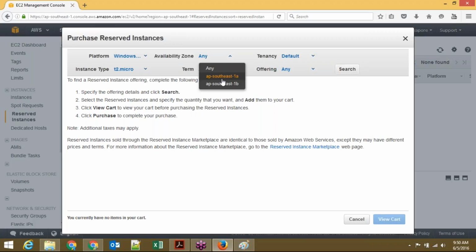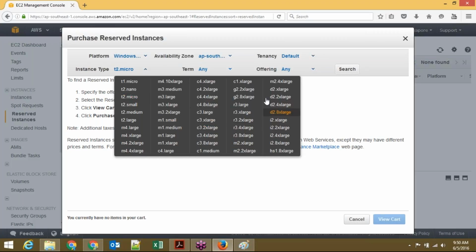So basically this availability zone is a data center which is in the region. In Singapore we have only 2 data centers, meaning 2 availability zones. So reserved instances will work on the availability zone level. Let's say you take 1A availability zone and tenancy, we'll discuss what this tenancy means, and then instance type. What instance type do you want to purchase, let's say